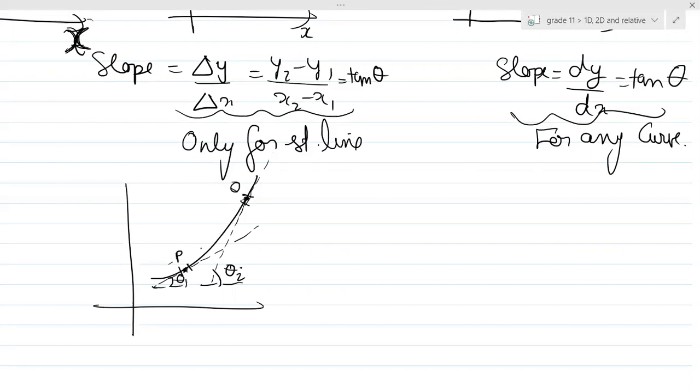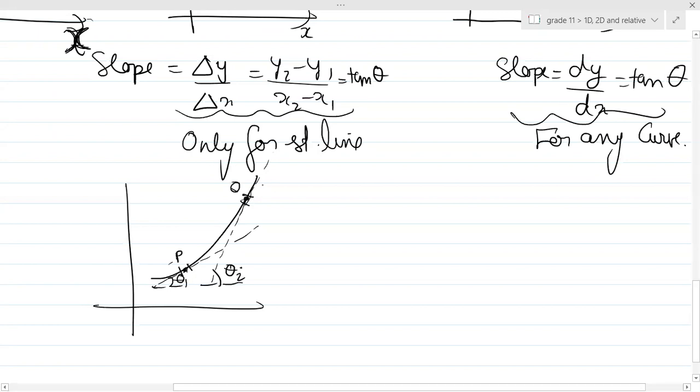Sir, I have a doubt. Here, which point will be x, y? Y will be on this axis, x will be on this axis. No, sir, that's not what I meant. Here it will be x1, y1, or here it will be x2, y2, right? So which y are we taking? We are taking the general y. We are not taking y1 or y2, x1, y1 and x2, y2.